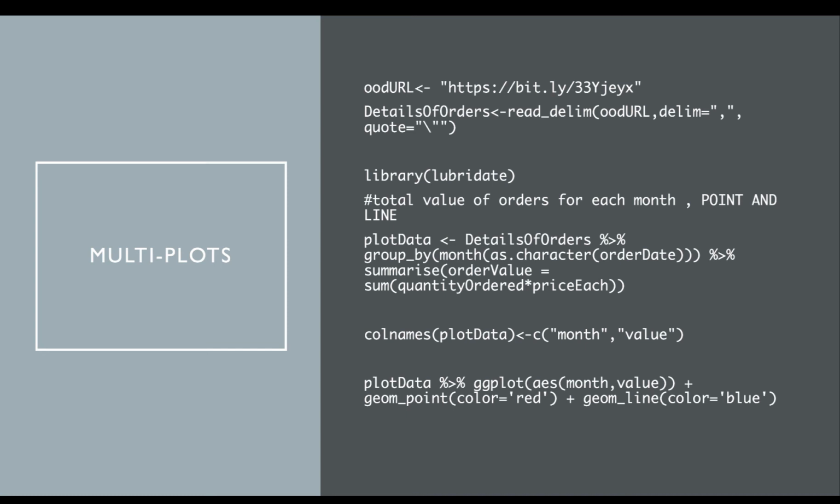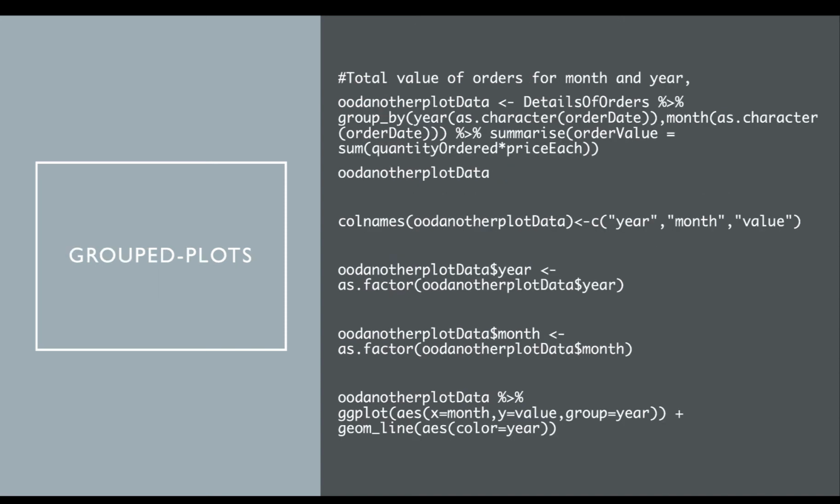The column names of the data we want plotted, stored in plot data, are set to be month and value. And lastly, we see that plot data is piped to the ggplot function with the two columns month and value, and we have a point plot in addition to a line plot being used to visualize the value of orders for each month. One can also create grouped plots in ggplot, and a lot of the initial operation is very similar to